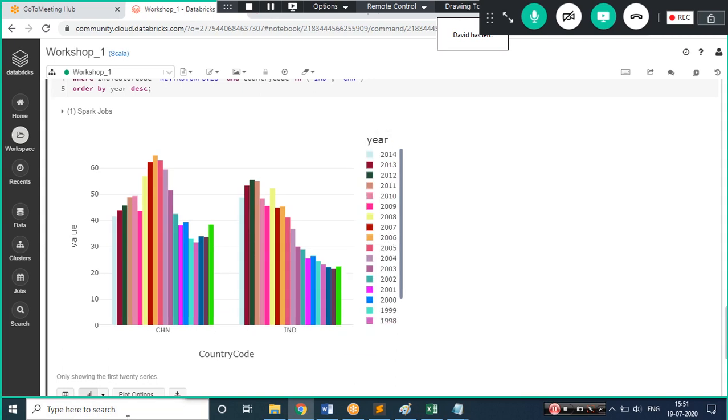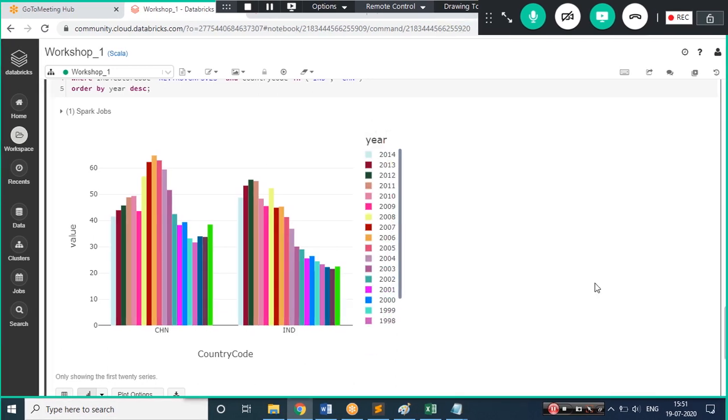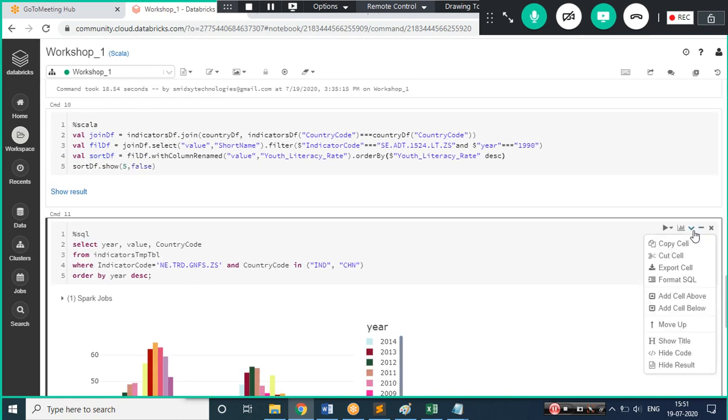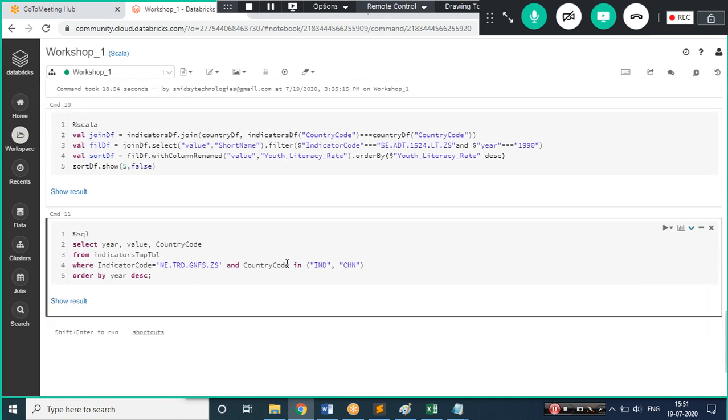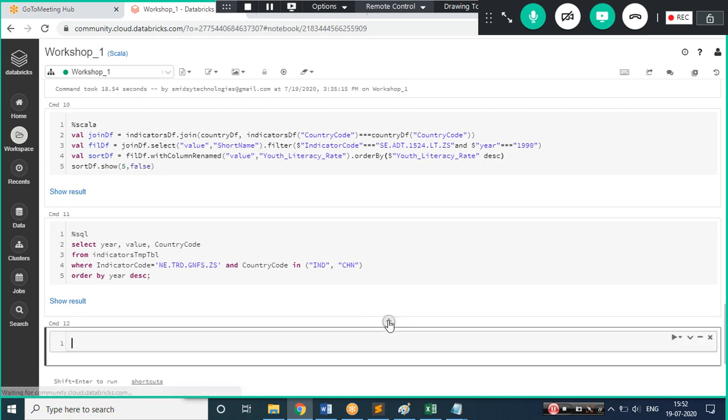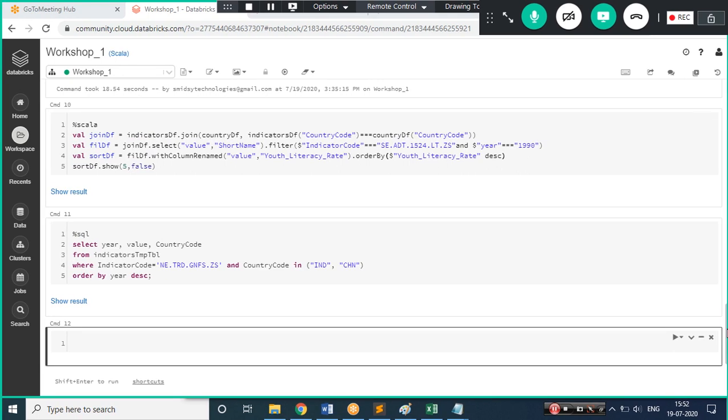So you can just specify what things you need, and on the basis of that, whatever charts we are preparing, there is one option, and that option is the dashboard. Okay, so I'll show you that option at last. As of now, let's move on with my data frame. This I'll show you with a data frame, and the fourth one I'll show you with SQL, and the fifth one with a data frame. I'll try to save time, because it's already 4 o'clock, and I've set the time for 1.5 hours, so I'm worried the session should not get closed. Okay, so let's try to achieve this with the data frame.